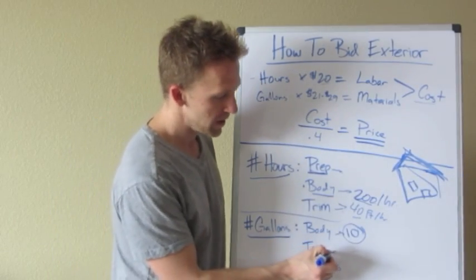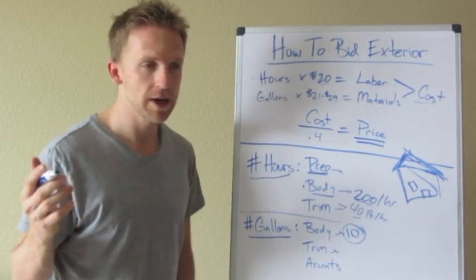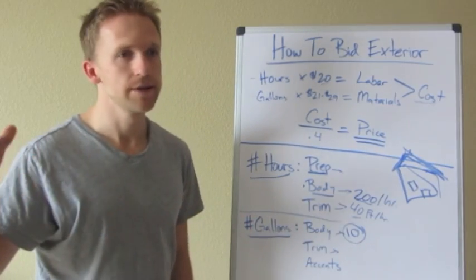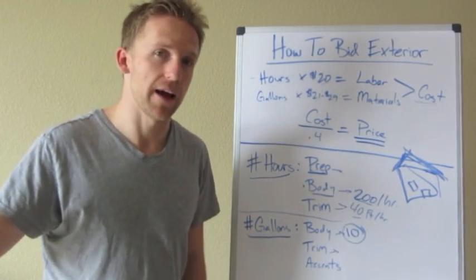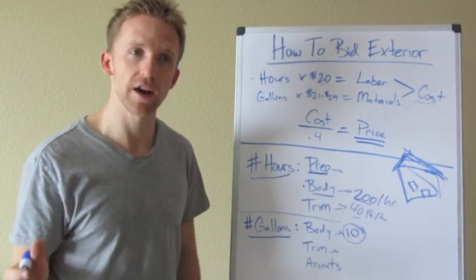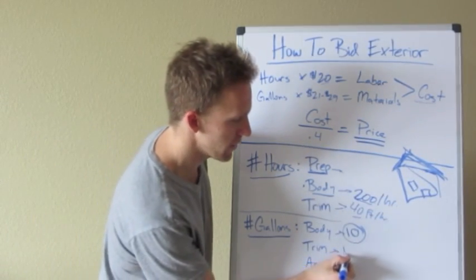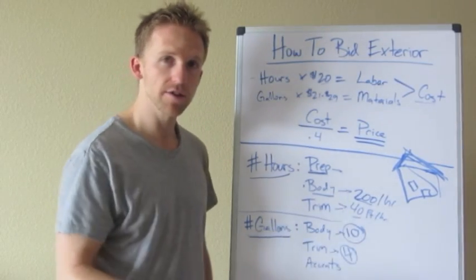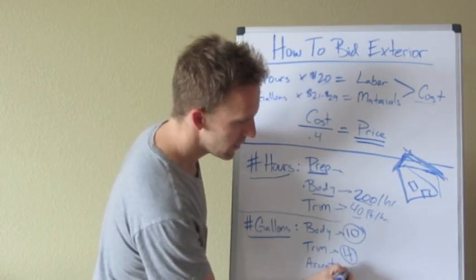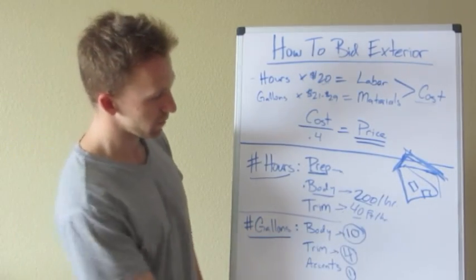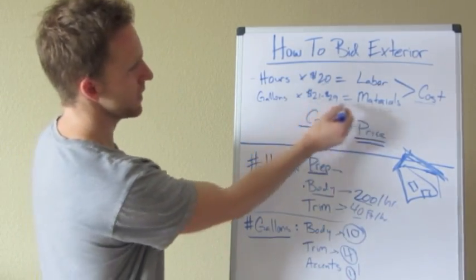Now for the trim, depending on the home, it's at least 2 gallons up to maybe even 8 gallons depending on the area in the country. If there's a house with just tons of trim, but I would say you're pretty standard and pretty safe with about 4 gallons. Accent colors, so that would be like for shutters or door, you usually should only need 1 gallon of paint. So that's where you come up with 15 gallons,